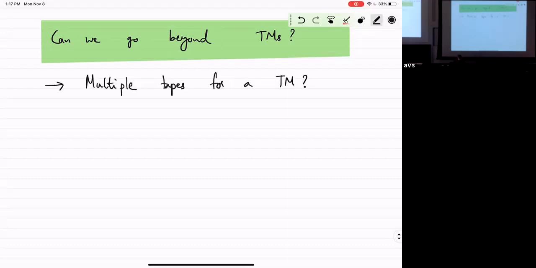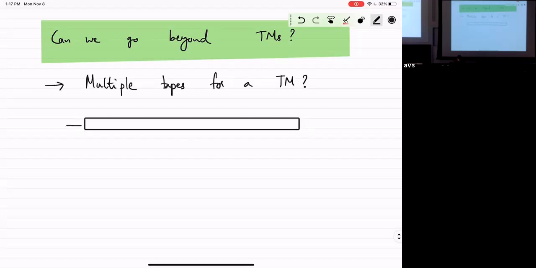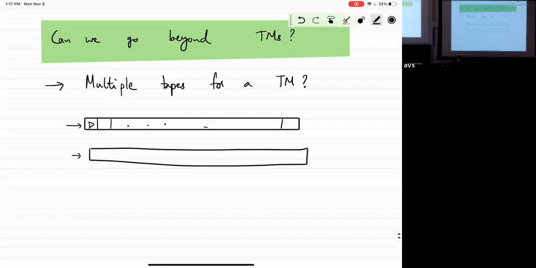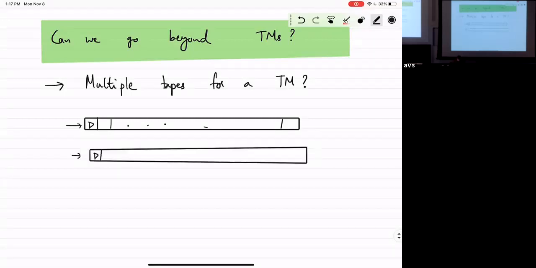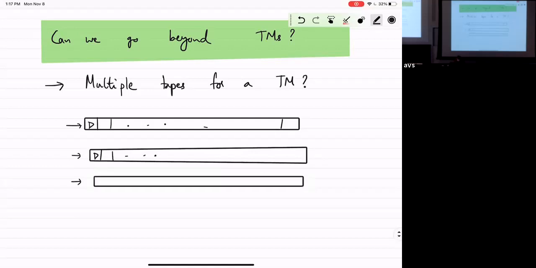Meaning, instead of just having a single memory, I actually have multiple tapes with different kinds of controls and transition functions. Multiple heads on the same tape, that's another suggestion.